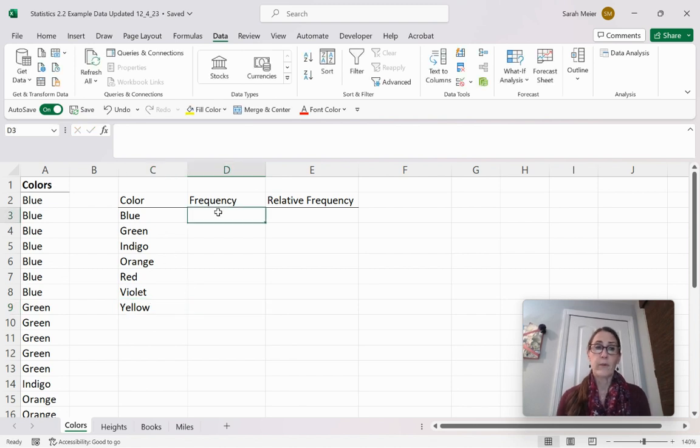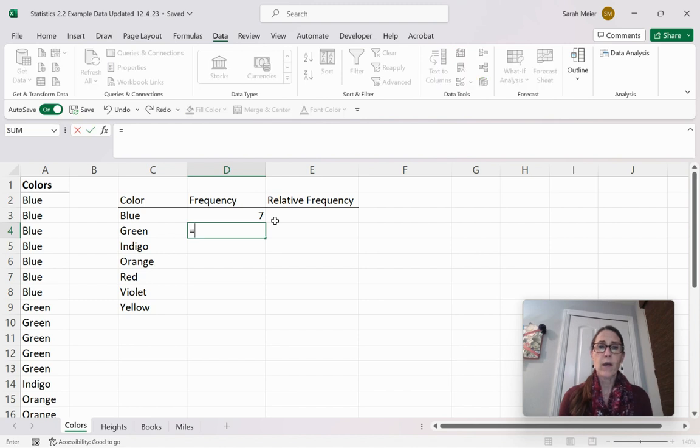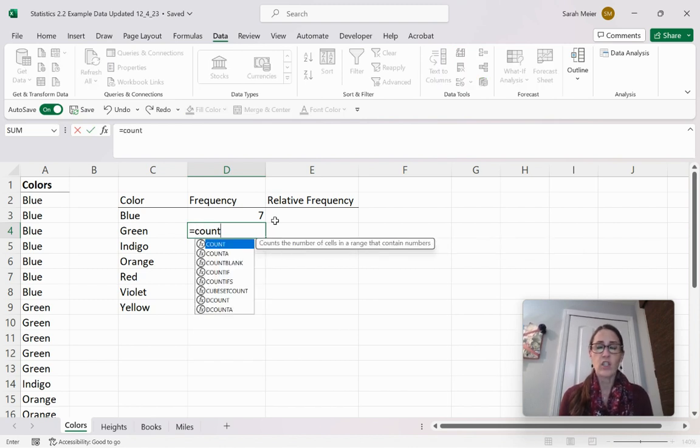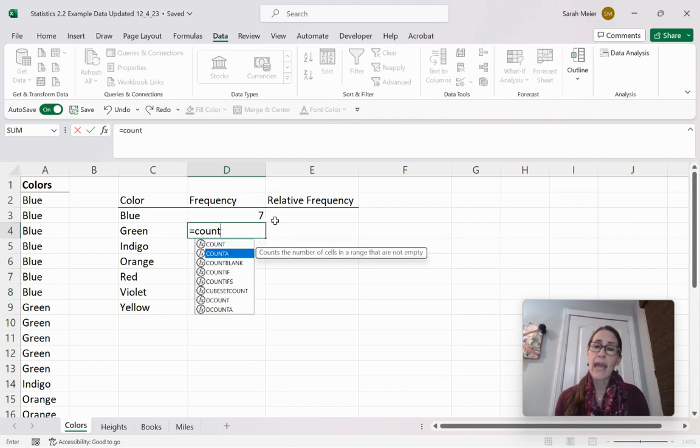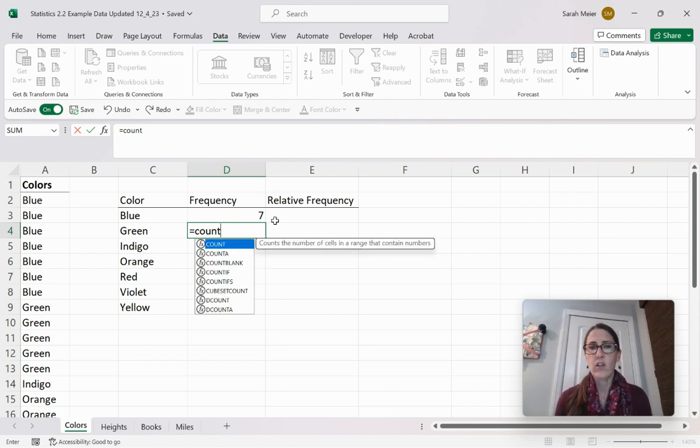So now I'm going to do my frequencies. We've talked about this before. I can just count how many blues I see. 1, 2, 3, 4, 5, 6, 7. And I can just type the number 7 here. Or if I wanted to, I could use one of my count functions. CountA counts the number of cells in a range that are not empty. So the regular count function counts the number of cells in a range that contain numbers, but